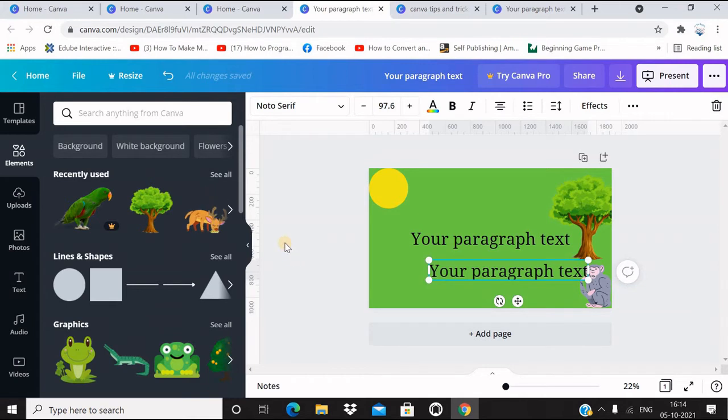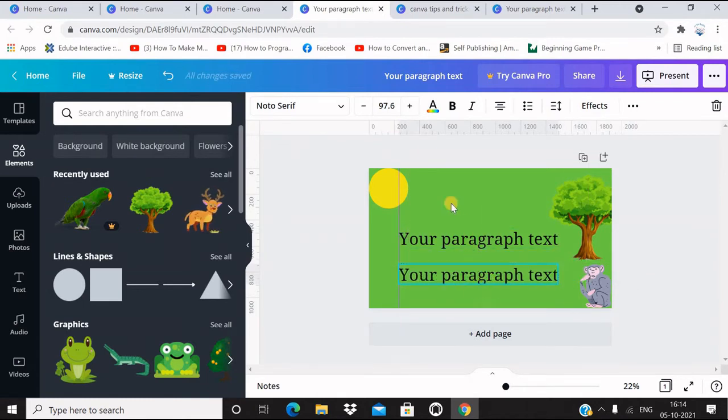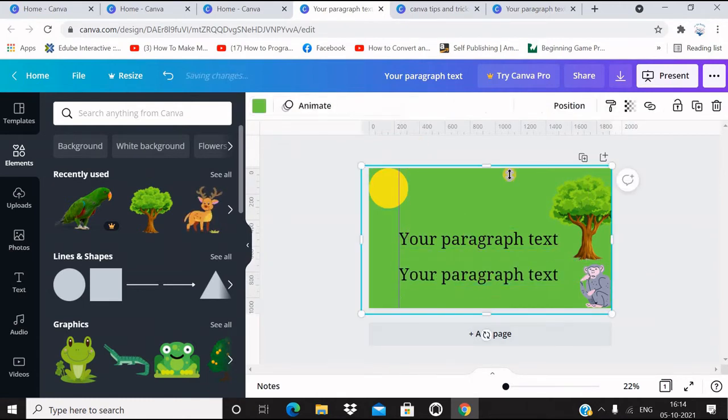Now suppose we want to align it to the left side, we can also use the assistance of grid lines. From the left margin, you can drag a grid line, place it there, then move this to the left, move the other text also to the left. So it is now aligned in the left margin.